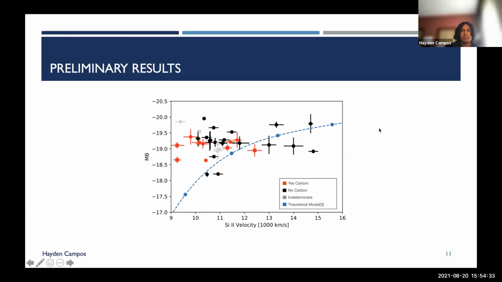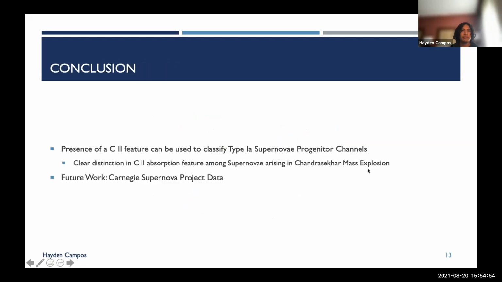As you can see, all the supernovae that do contain a carbon-2 feature tend to lie in the Chandrasekhar mass explosion area, while those that do not have the carbon-2 feature can either lie in the SUB-CHANDRASEKHAR channel, which is the theoretical model in blue, or they can also lie in the Chandrasekhar mass explosion. From this, we have determined that the presence of a carbon-2 feature can be used to classify type 1a supernovae progenitor channels, and that there's a clear distinction in carbon-2 absorption feature among supernovae arising in the Chandrasekhar